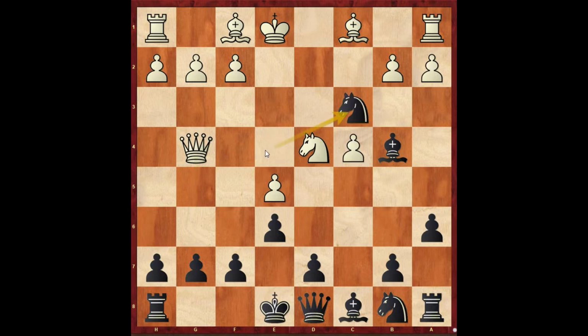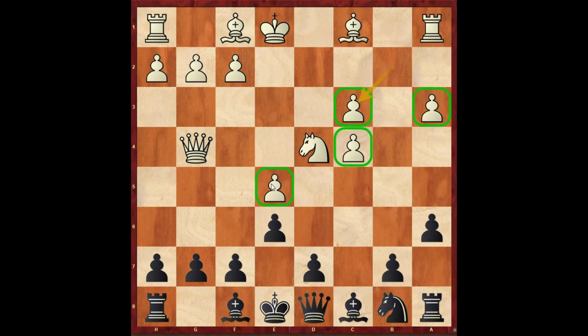The best is knight takes c3, and white's best is a3. If b takes, then bishop takes c3, forking the rook and the king. So a3 is best, and they move bishop f8, simply guarding g7, and when white recaptures, white has a lot of structural weaknesses,